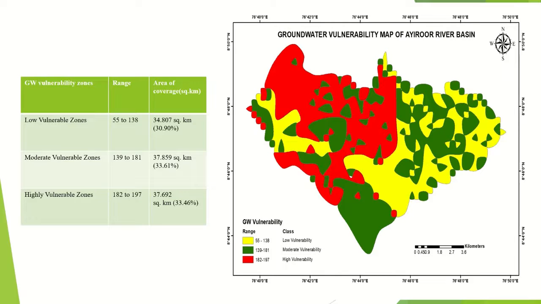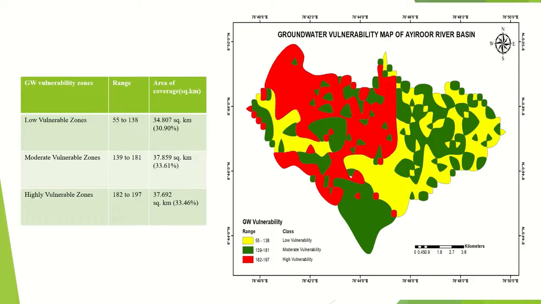this is the final map in which the groundwater vulnerability zone is divided into three categories, ranging from 55 to 197. The low vulnerable zone ranges from 55 to 138 and has an area of 34 square kilometers. The low vulnerable zone is mainly concentrated on the northeastern part of the study area and on the water body region. And the moderate vulnerable zone ranges from 139 to 181 with a